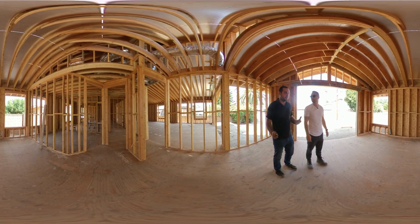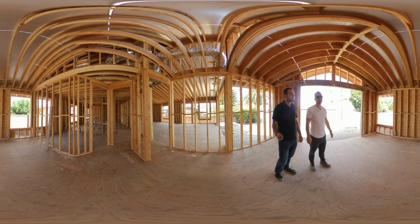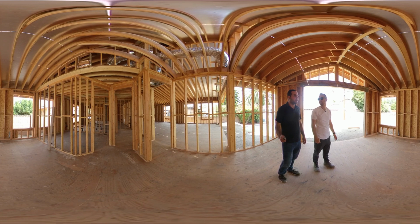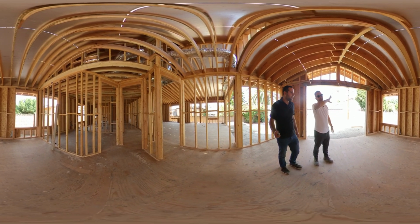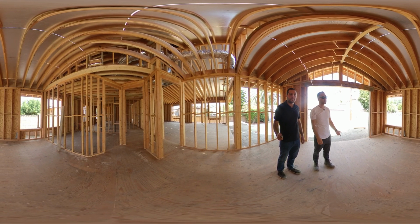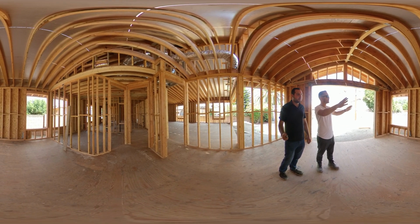But not where we are ordering our windows from. So yeah, we didn't want to do the slider, what is it, top hang? What are they called? Yes, top slide, I think. Basically, we didn't want to do those to have that bulky line in the middle, so we decided to do casements for the master, make it a little bit nicer, and they only had 36-inch, which actually works out because,